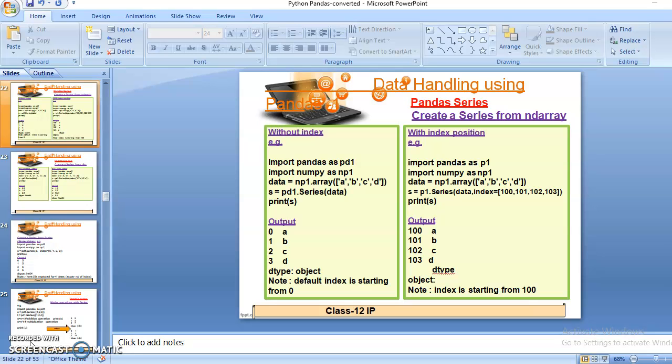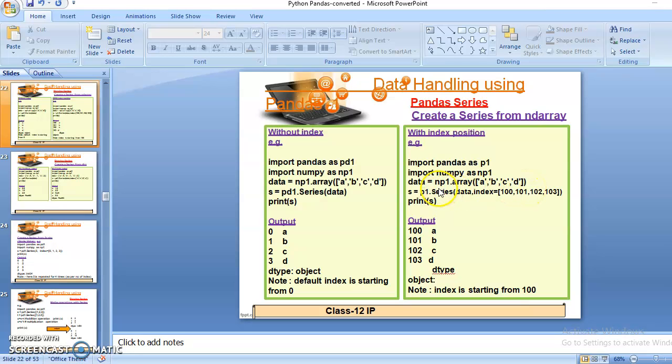Okay, so students, here we can see the second program. We import pandas as p1, because in two lines we are importing the libraries pandas and numpy in my program. So I have to write two import statements, one for importing the pandas library as p1 variable, and second for importing the numpy library as np1 variable. Now after that we will use the array function to create the series in pandas.